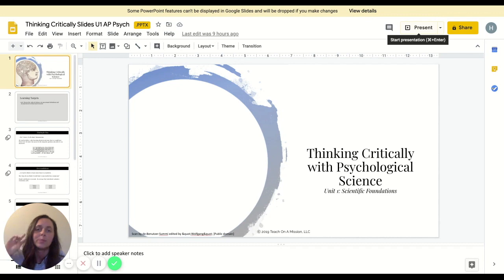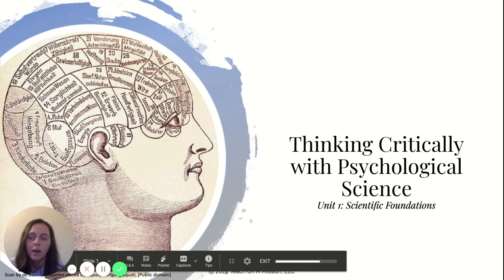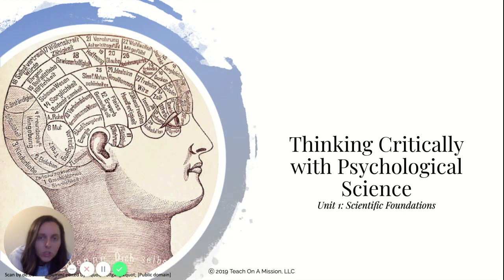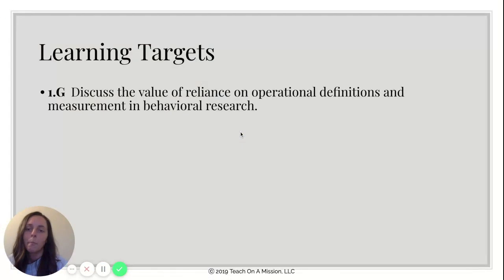Okay, here we go. Here is part 2 of this video. So we talked about ethics, and now we're going to get into thinking critically, because this is really important, because we don't want to be the people that just blindly accept information and just feed into our biases. That's not what we're looking for. We want to know how to think critically. So let's jump in. Make sure you're taking notes over this half of the video. Learning targets. Boom. Always got your learning targets right here. Like I say every time, they line up with College Board. Always want to make sure that you can check off these learning targets.